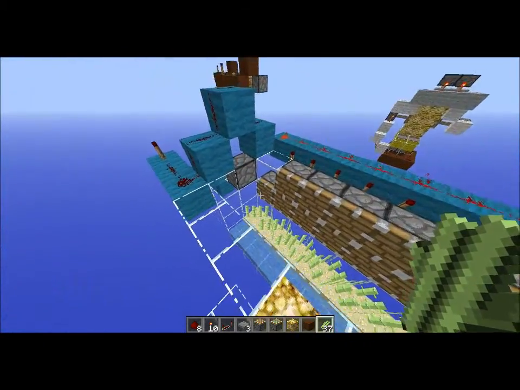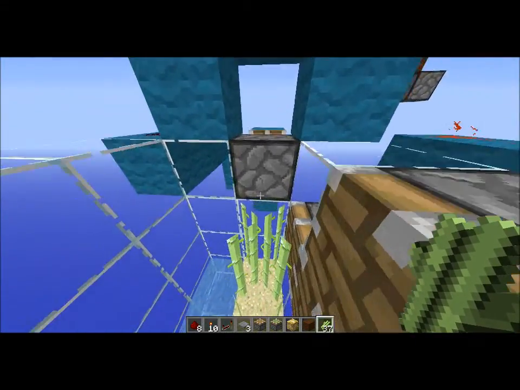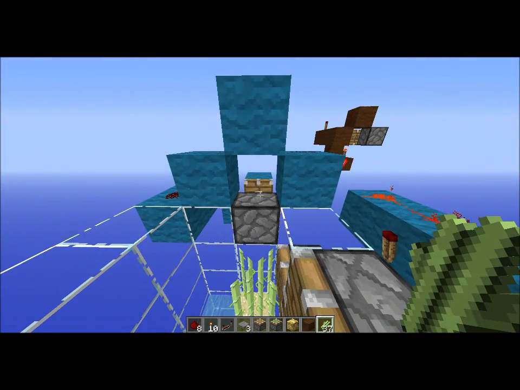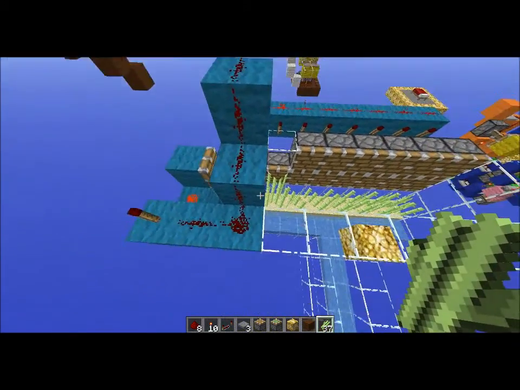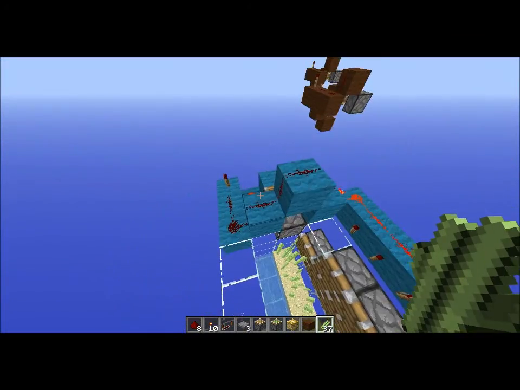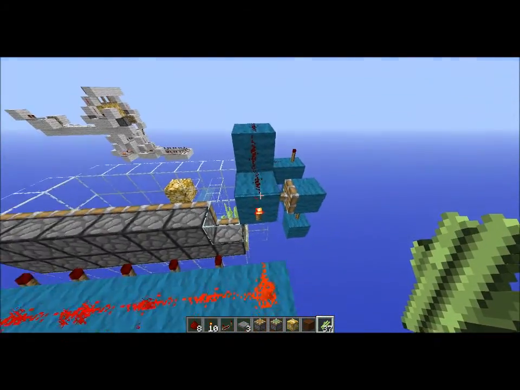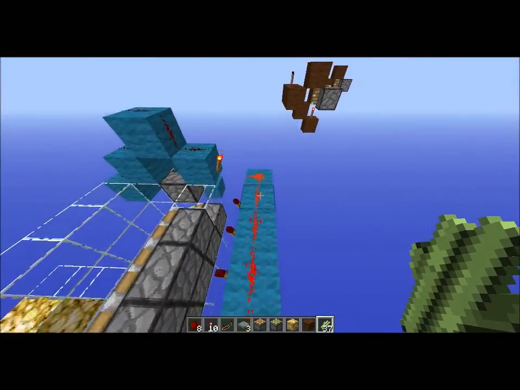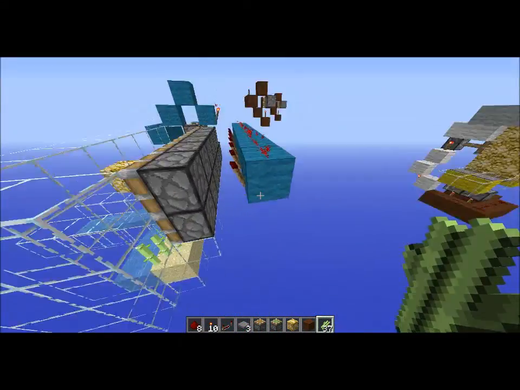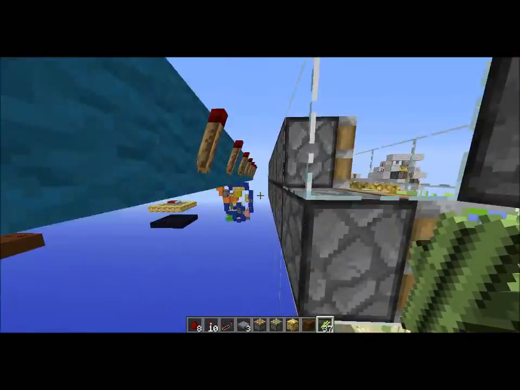Yeah. Bud switch, sugarcane, a bud switch block update detector. If there is a block update of any kind, then it will activate this and send a pulse off here. So you can do whatever you want with that pulse. So this turns off this torch, turns off this line, and in turn powers all these torches, which I used